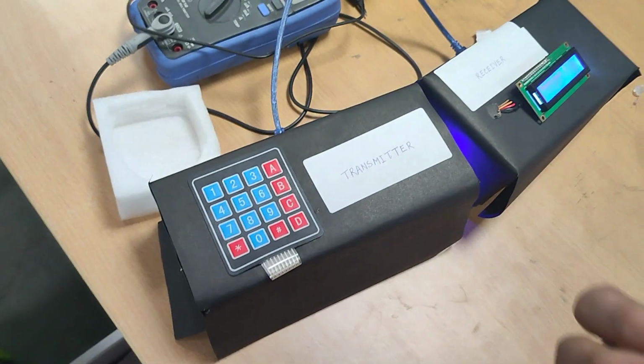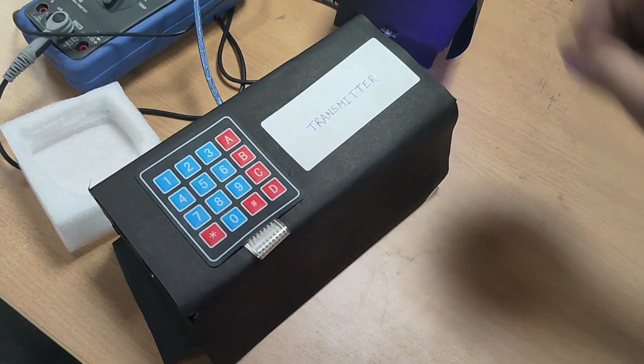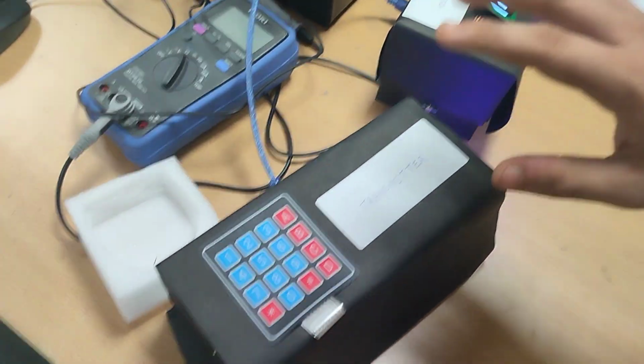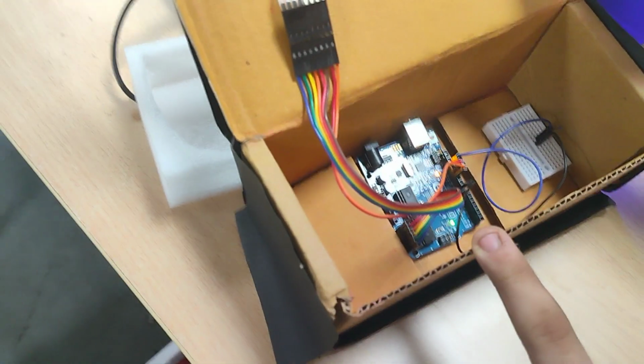Now let's go into the in-depth of this module. Let's first look into the transmitter. Also note these cables are only for providing the power, and they're in no way assisting the code in any way. The transmitter has a keypad which is connected to the